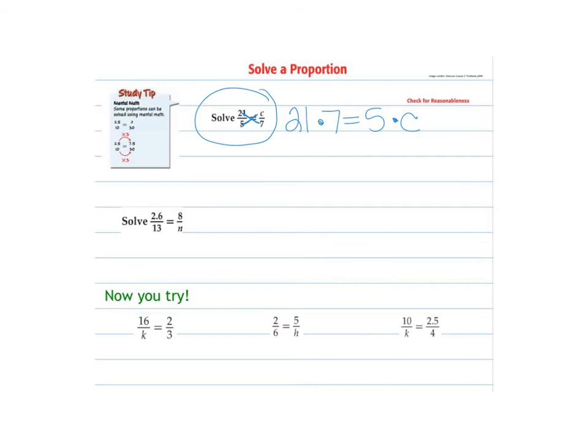I know that 21 times 7 is 147, and then 5 times C is just going to be 5C. 5 times something equals 147, or I can just take 147 and divide it by 5, because 147 divided by 5 would give me that missing number, whatever C is. So basically what I'm doing is dividing both sides by 5 to get C alone. So 147 divided by 5 is